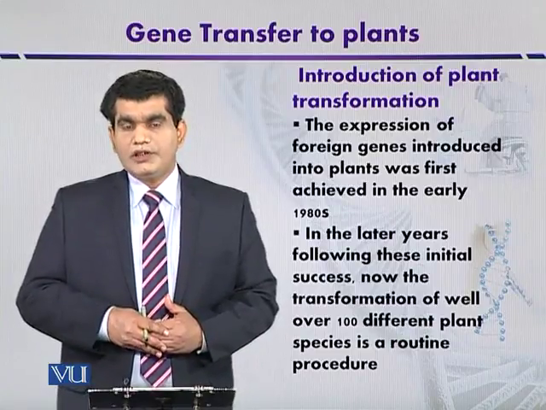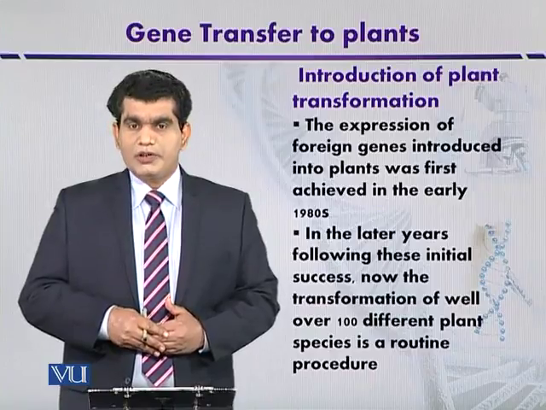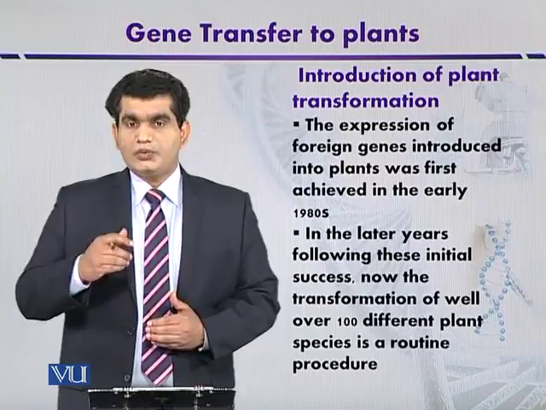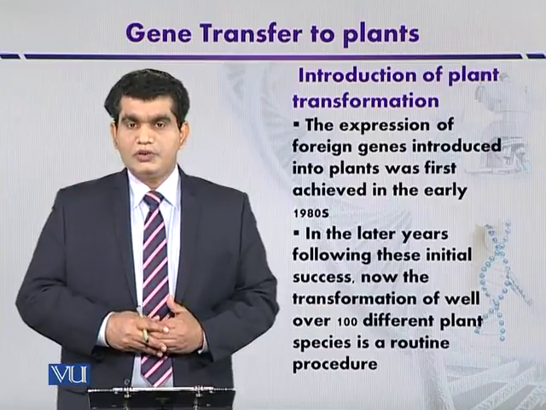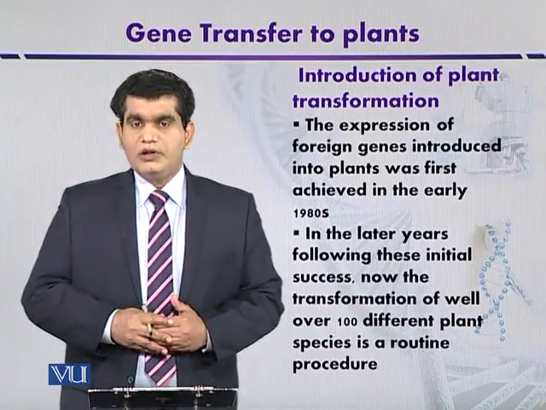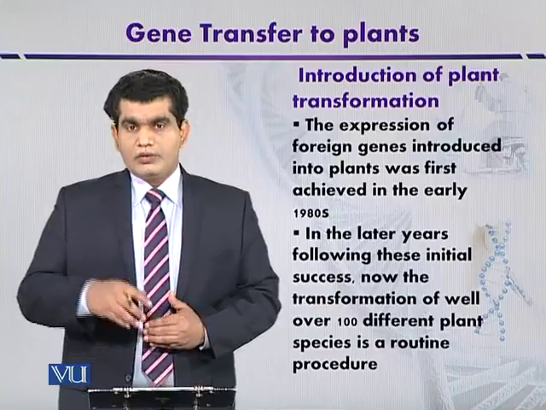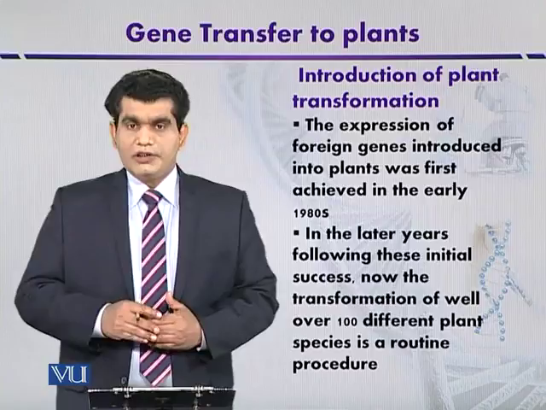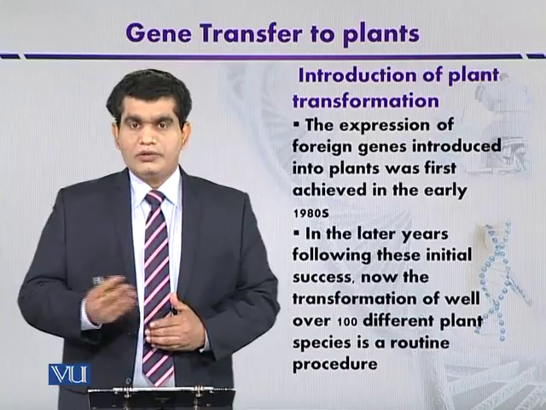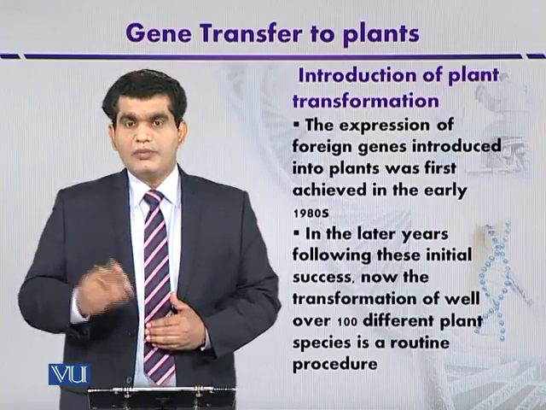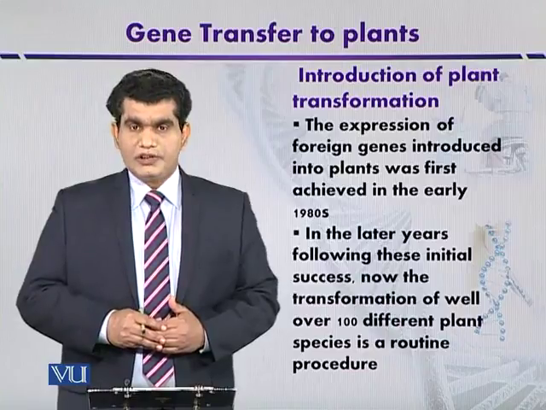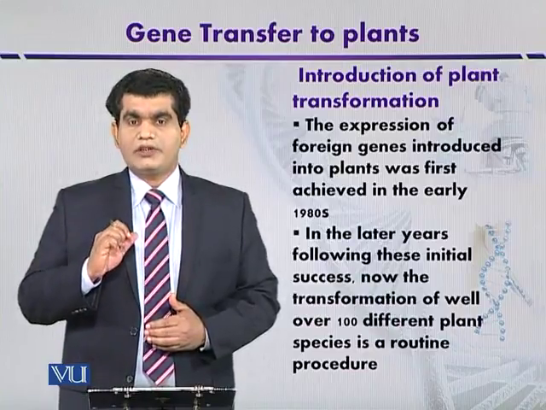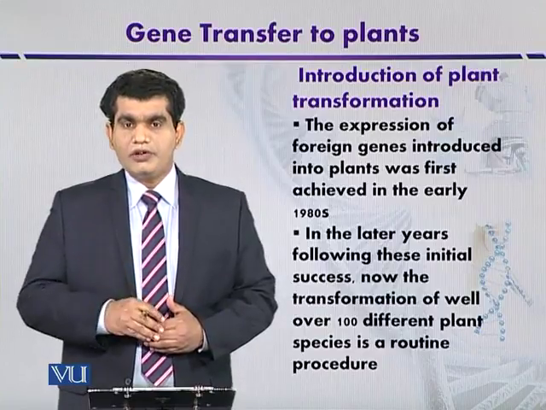Then in 1981, the first stable transformation was carried out by the scientist, and here the tobacco plant was used for transformation purpose. और इसकी जो ट्रांसफॉर्मेशन थी वो भी एक प्लांट पैथोजन के जरिए की गई थी, और प्लांट पैथोजन है एग्रोबैक्टीरियम ट्यूमिफेशियंस. इट इज़ अ टाइप ऑफ बैक्टीरियम that can infect the plant tissues when they are wounded,